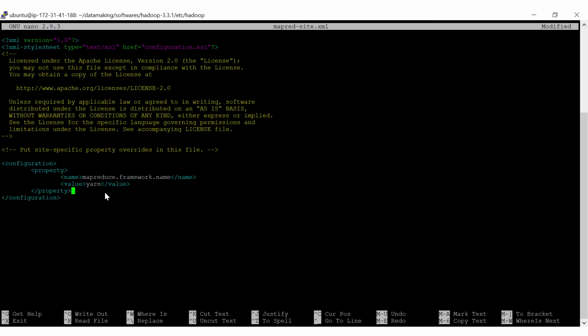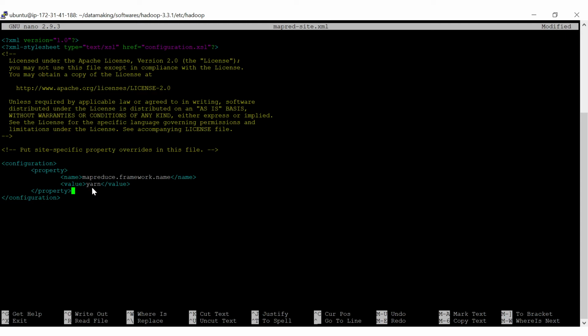Before 2.0, Hadoop was using one process called the job tracker, which did resource management, job scheduling and job tracking. This changed in Hadoop 2.0, where they introduced YARN for resource management and job scheduling, and MapReduce does only the computation. That's the reason you need to specify mapreduce.framework.name as yarn.